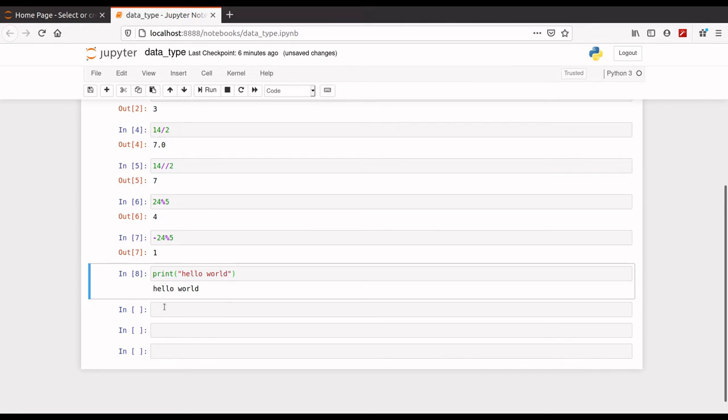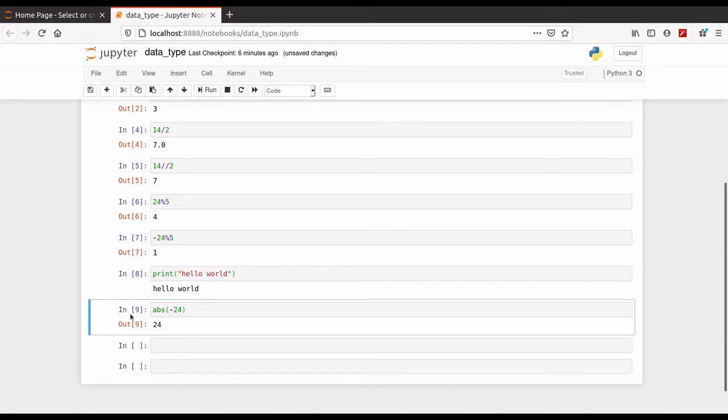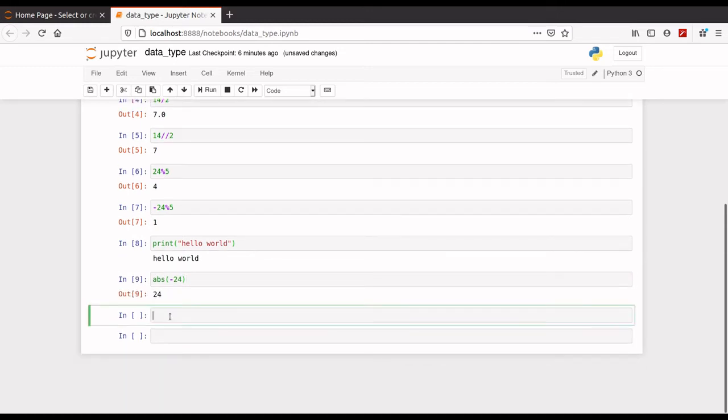Yeah, it is printing the value. So now let's see another function, that is absolute function, which will give the absolute value of the integer. Yeah, look, it is giving the absolute value of the integer.